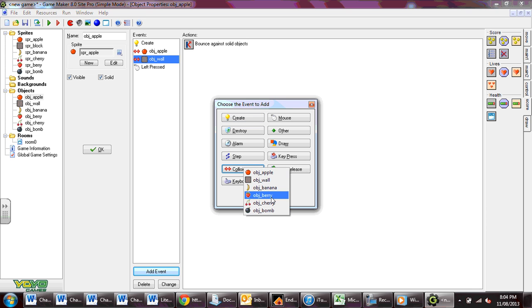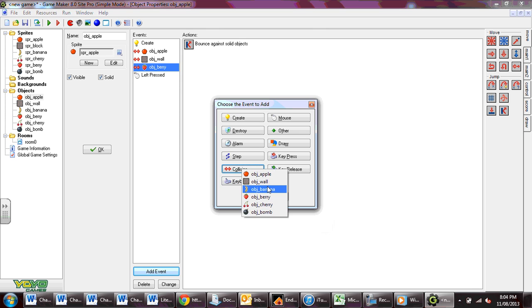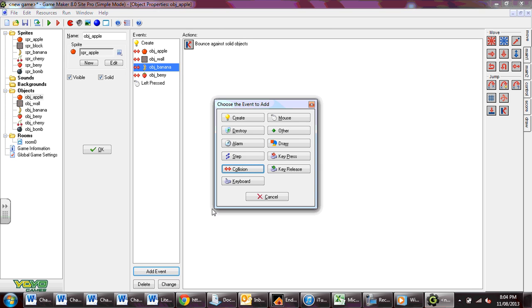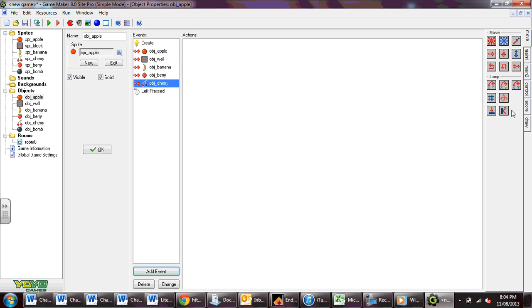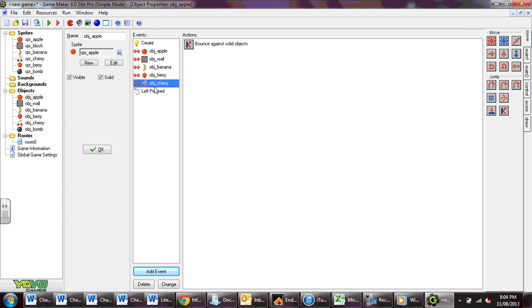collision with berry. Bounce. Add event, collision with banana. Bounce. Add event, collision with cherry. And bounce. I might just let it go over the top of the bombs, I think. Alright. Now,